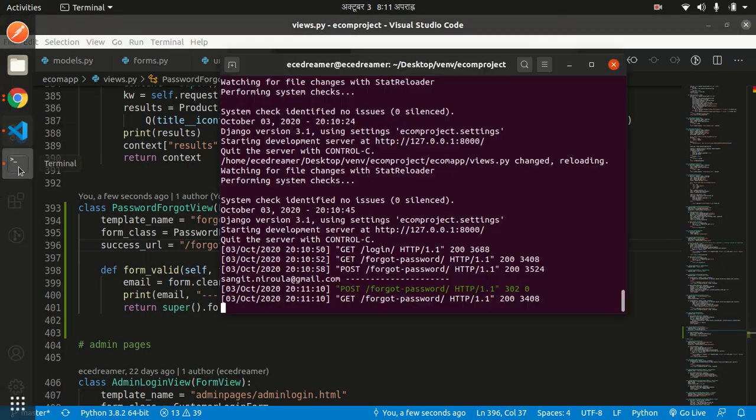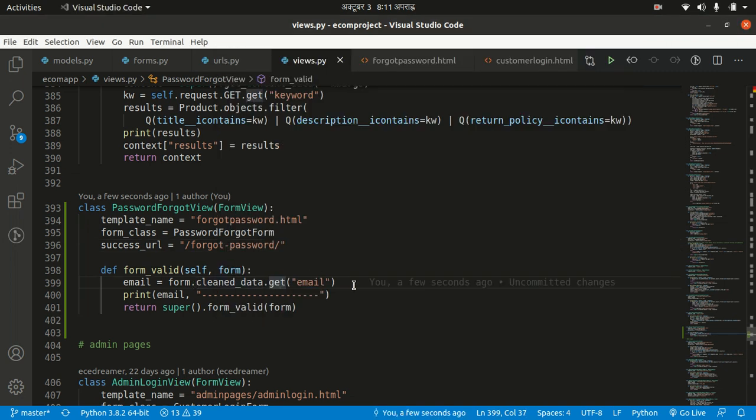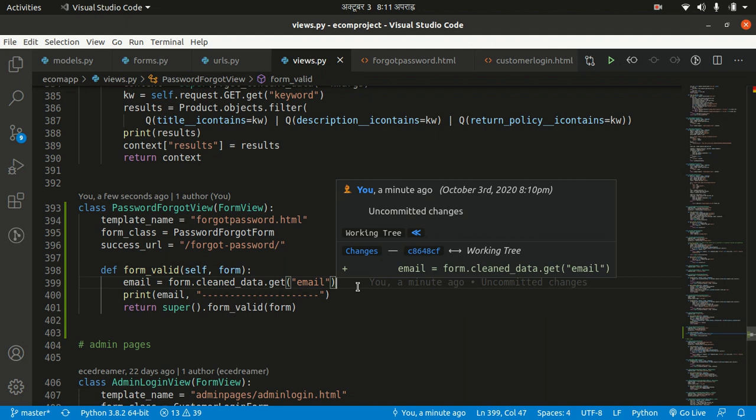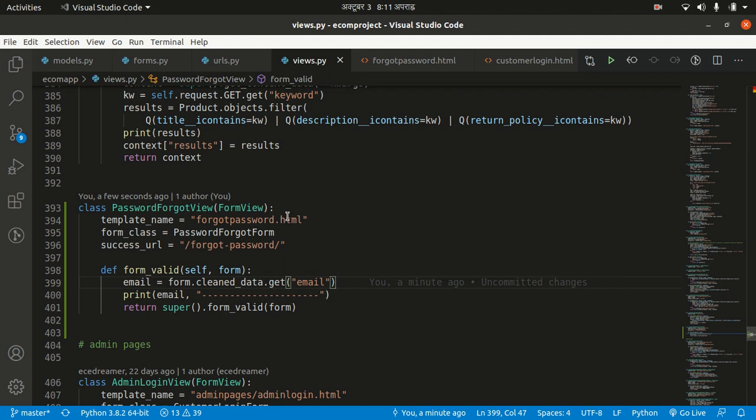And you can go to your command prompt and see that sangeet.nirola@gmail.com is accessed from our password forget view. Okay, so what we have to do now is we have to first make password reset link and send it to the user. Okay, and password reset link without a token is insecure, so we also have to make password reset token for